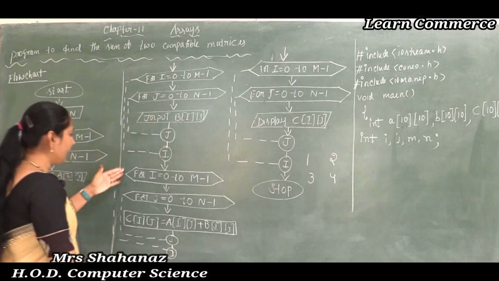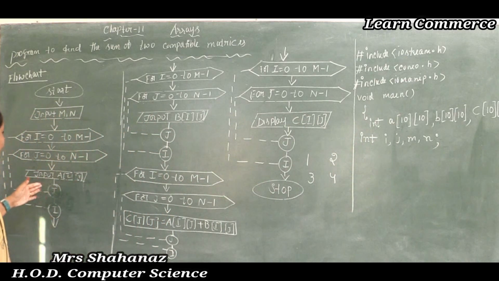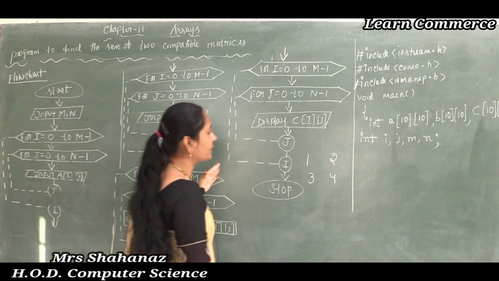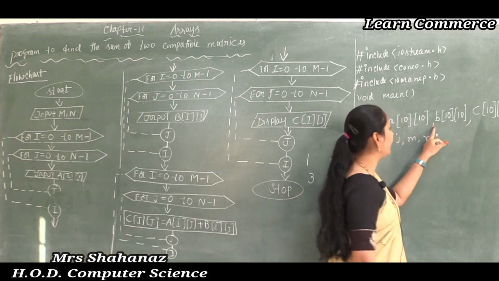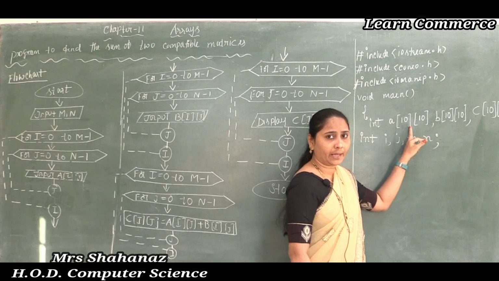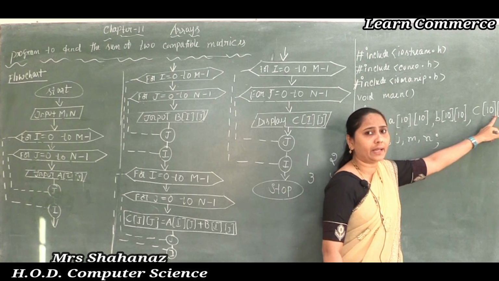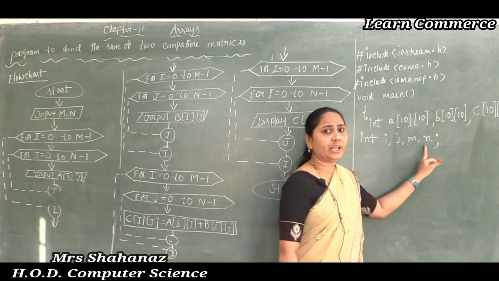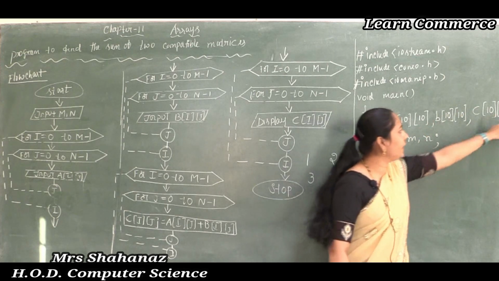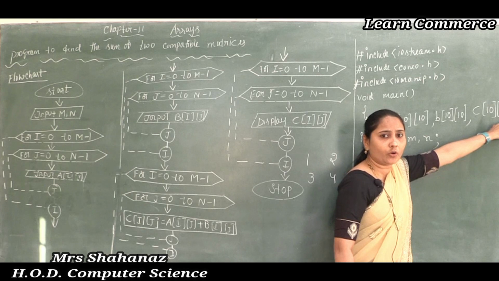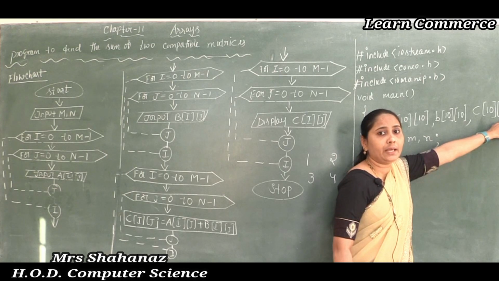Whatever variable declarations are there, we already used them in this program. What I have said about this: A of 10 and 10, comma, B of 10 and 10, comma, C of 10 and 10, comma I, J, M, N. If you use a semicolon here, after completing the A matrix, B